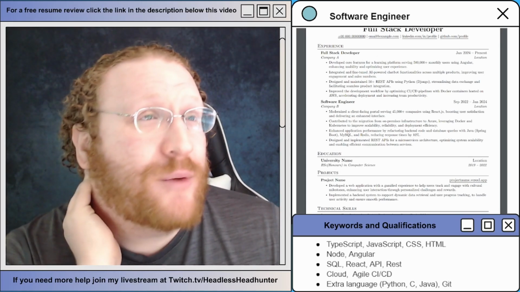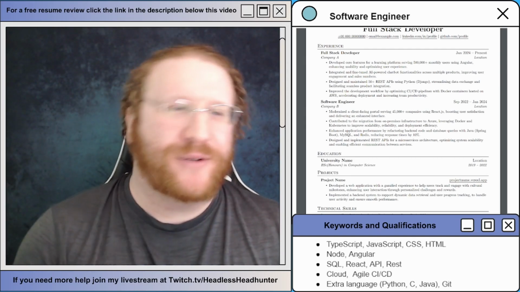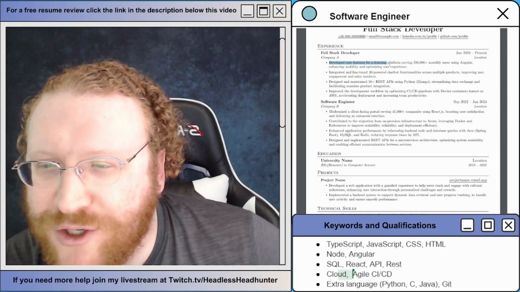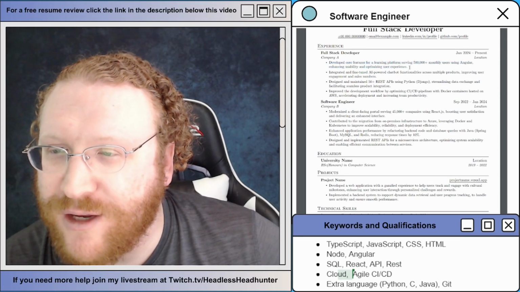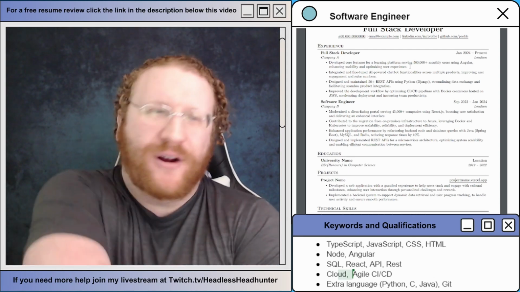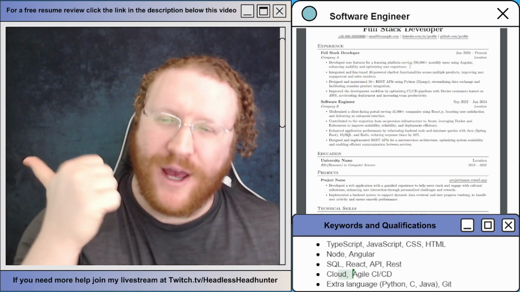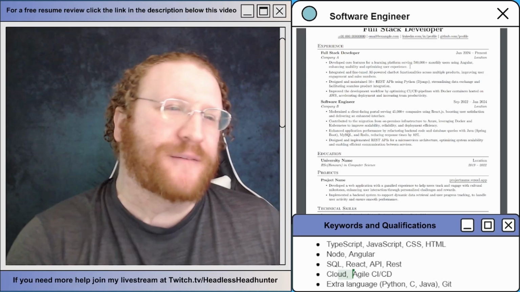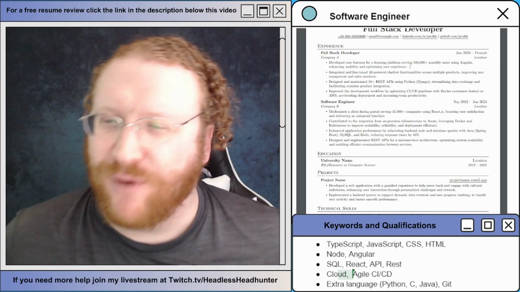What we're looking for is everything over there: TypeScript, JavaScript, CSS, HTML, Node, Angular, SQL, React, Cloud, Agile. Developed core features for learning platforms serving 500 monthly using Angular, enhancing usability and user experience. I think you used more than Angular. I'm sure you used other stuff. Just put a little bit more, like Angular, X, Y, and Z, especially if it was in a SQL environment or something. It's okay to double up on some of the keywords as a software engineer, specifically full stack.